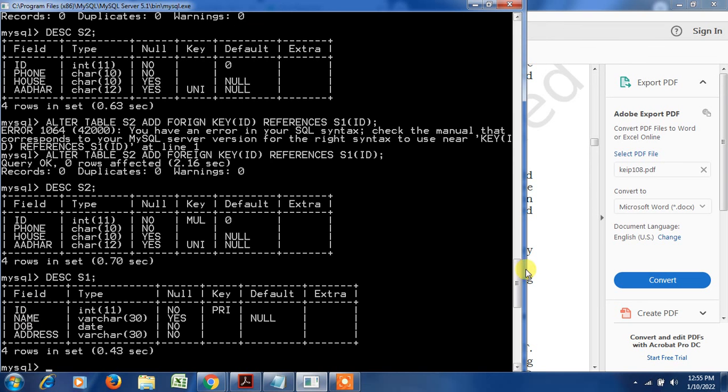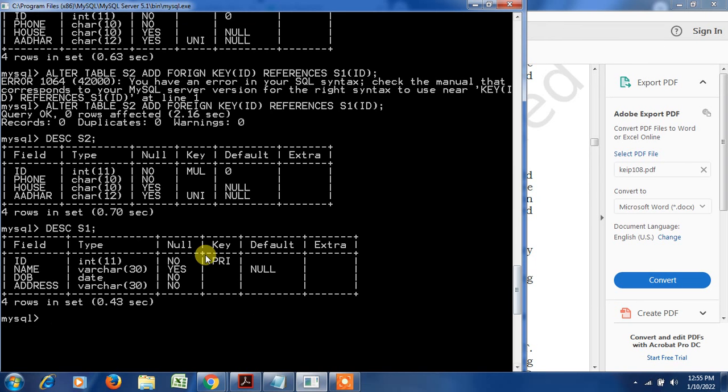Once again I would like to say that any kind of insertion is not possible in here unless you are inserting it over here.